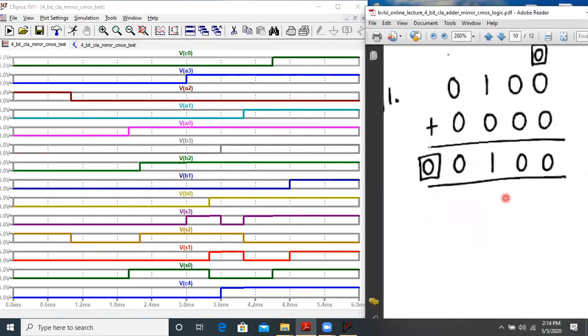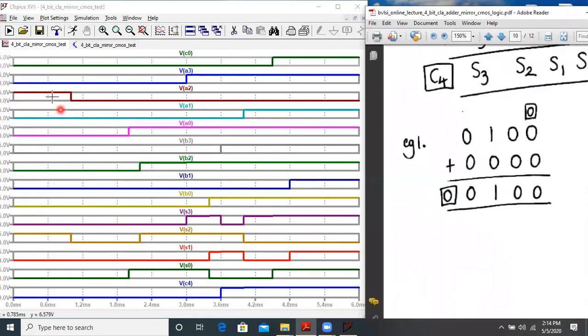So we will check the first case over here. First we start with C0 is 0. A3 to A0: A3 is 0, A2 is 1, A1 is 0, and A0 is 0. So basically this is 0, 1, 0, 0. Now again we'll go through B3 to B0.